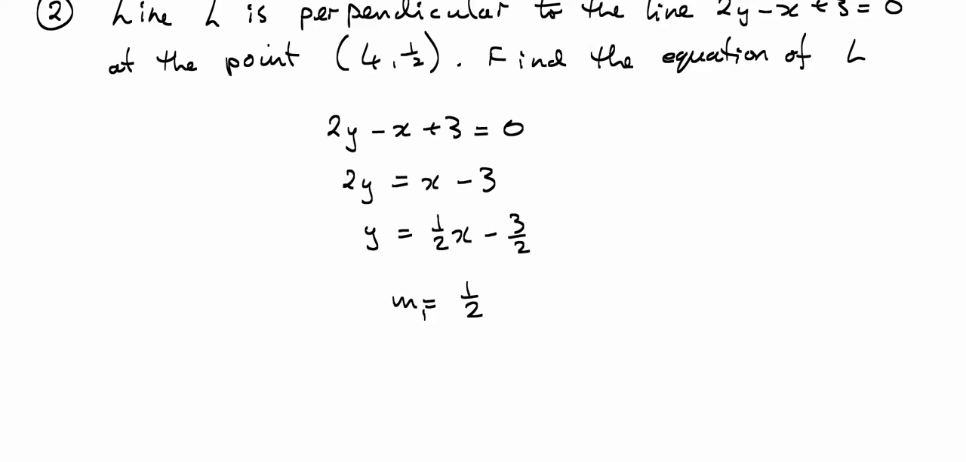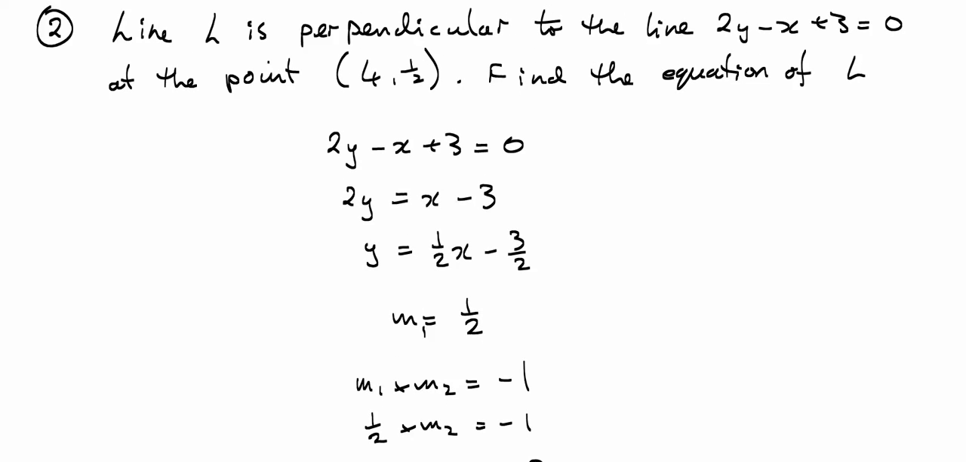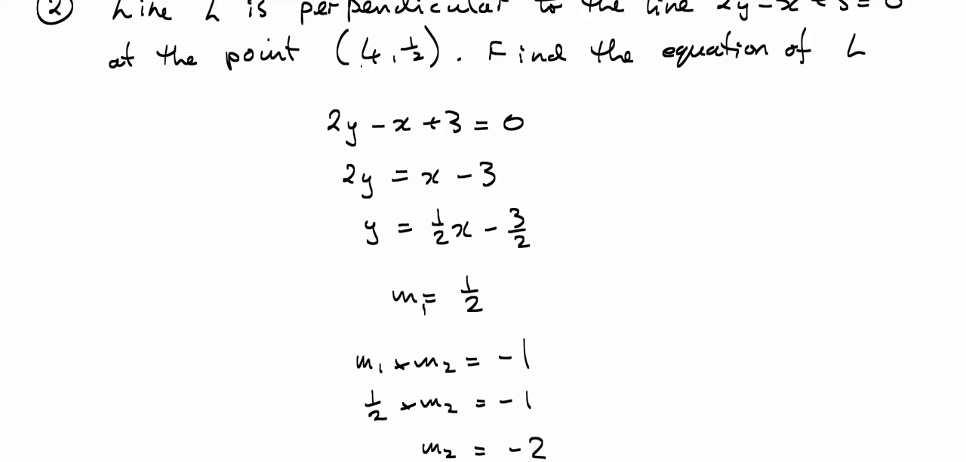So we now need to find the equation of the gradient of the line L, and it's perpendicular to that. So we know that m1 times m2 must equal minus 1. So 1/2 times m2 is minus 1. And so multiplying both sides by 2, m2 would be minus 2. So the gradient of L is minus 2, and it passes through the point